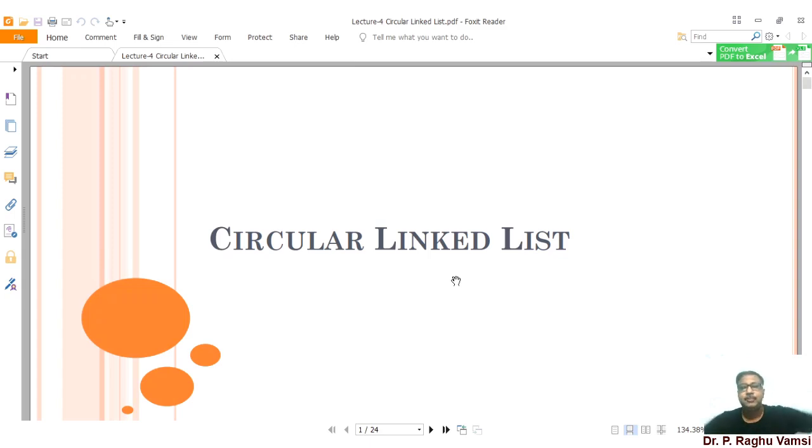Whenever the list length is more, or if the list length is increasing, just for coming back, we need to use a previous link for every node. Previous link in the sense we need to record the address of the previous node. So with this, for every node, some memory is going to be wasted. That is the reason, in order to overcome this, we have moved on to the circular linked list.